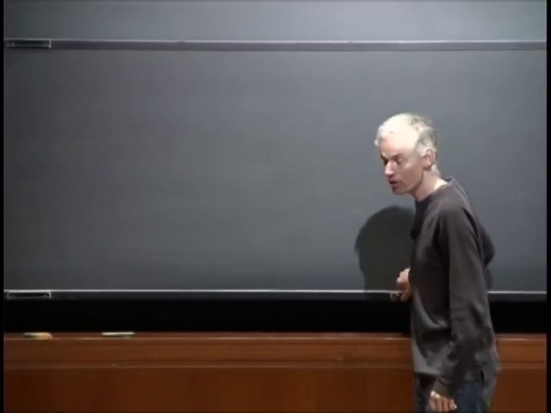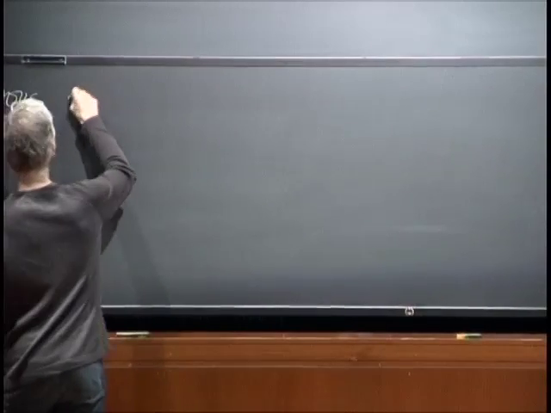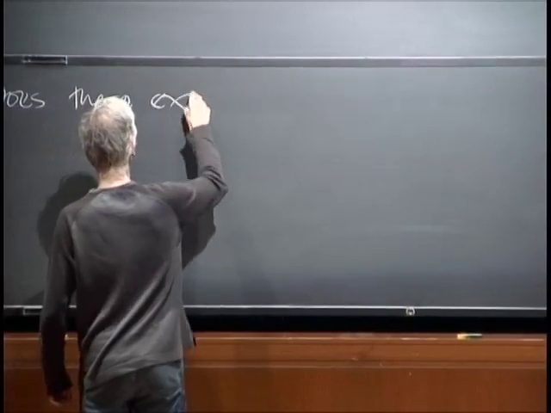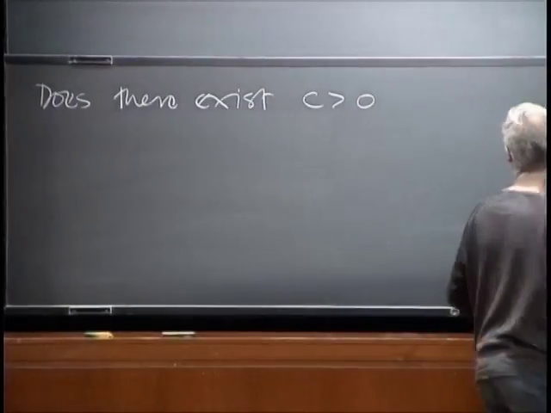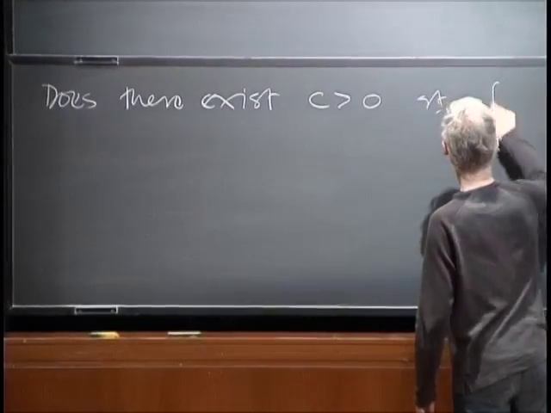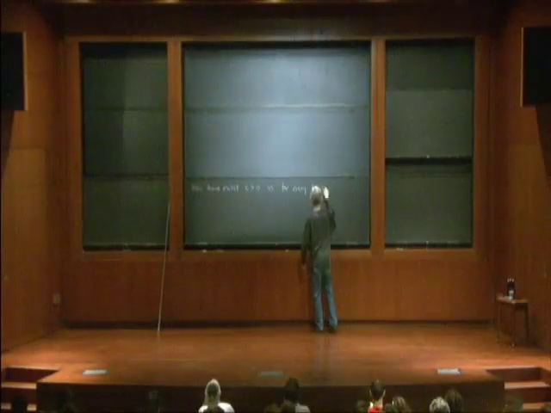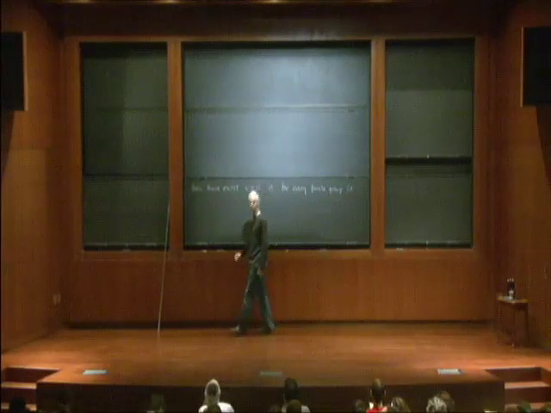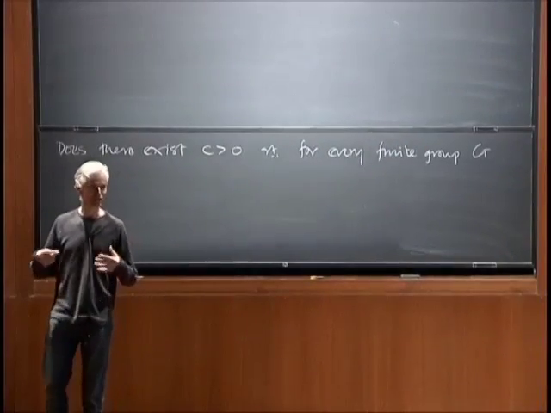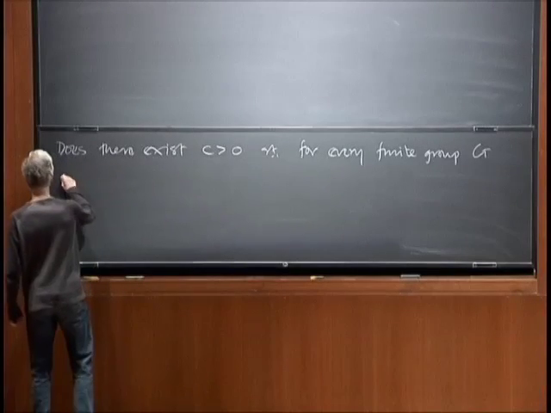And it's a question that was asked by Babai and Shosh. They asked the following. Can you find a positive constant C such that for every finite group there's a, well, I'll say it quickly, there's a dense product-free set. So what I mean by that is